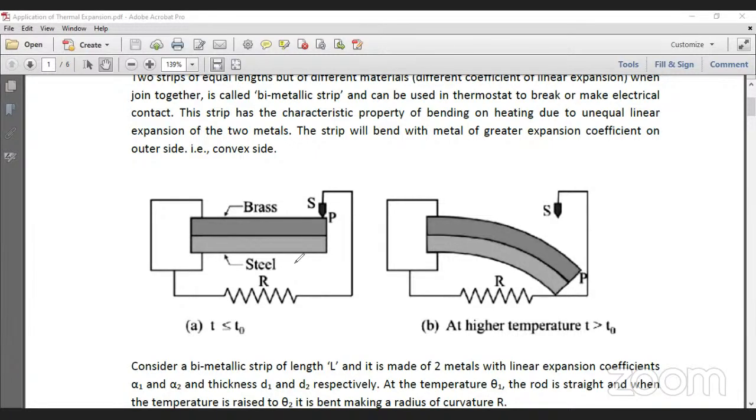If you heat these two strips together to the same temperature change, one strip expands more than the other because one has a greater alpha. This is alpha one, this is alpha two. If alpha one is greater than alpha two, when the temperature increases, it bends like this because the outer one